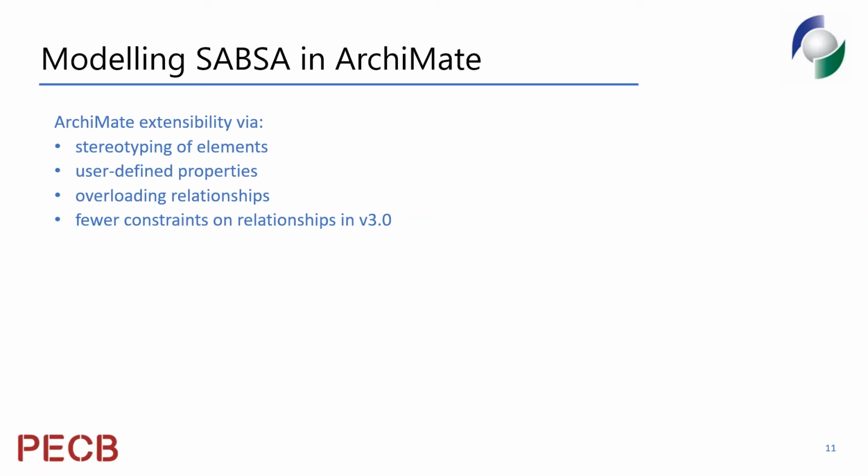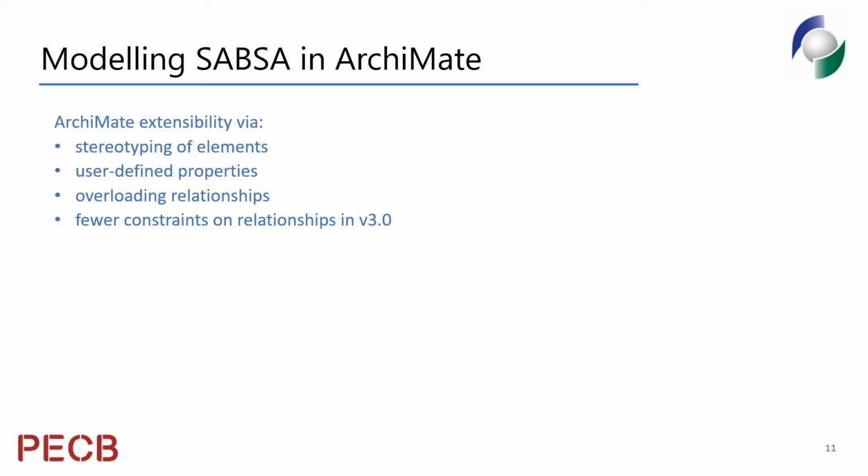We can also overload relationships. ArchiMate does this all the time. I'll go through the next set of slides, which give examples of what I mean. But overloading relationships is basically saying that in two similar contexts, the relationship notation can be reused because the concept is similar, even though it's actually doing slightly different things in the two different contexts. It's a way of keeping the vocabulary small, but still making it intuitive. But if we can overload relationships within the normal model, we can overload them again for security reasons.